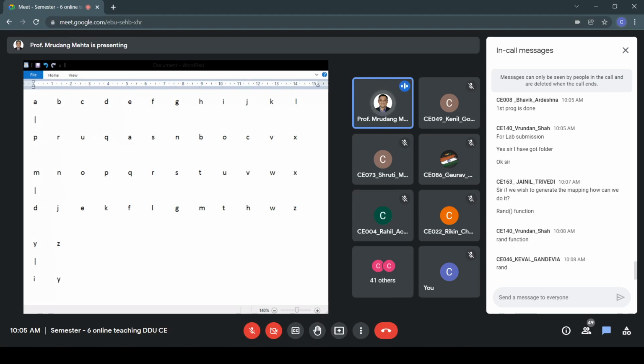One possibility is that you can use the inbuilt random function, and with the help of that you can generate this, but you have to ensure that the key is a unique key. It should not happen that a character is repeated. That you have to take care of. Okay. So one good problem could be to write a function which ensures that a unique mapping is randomly generated.